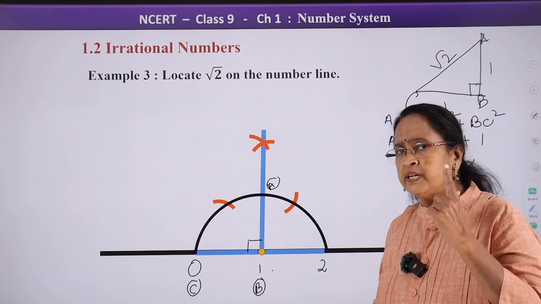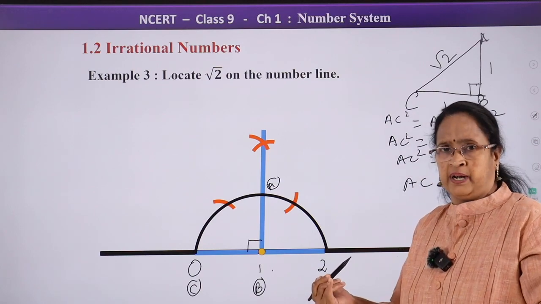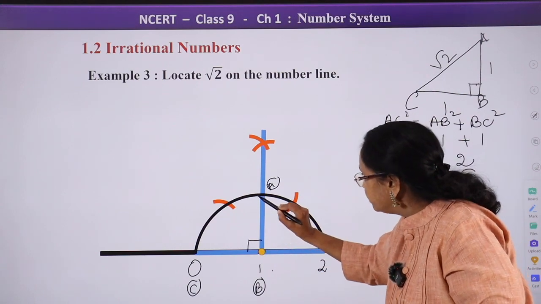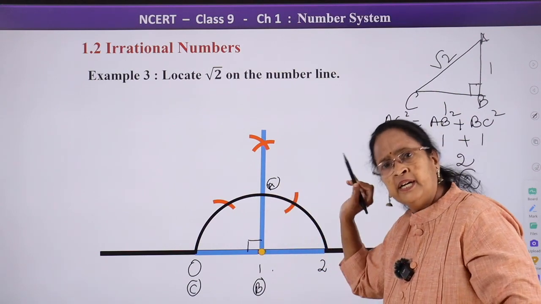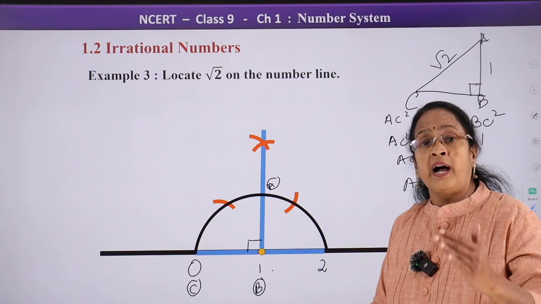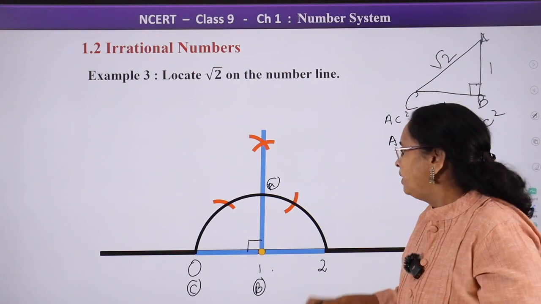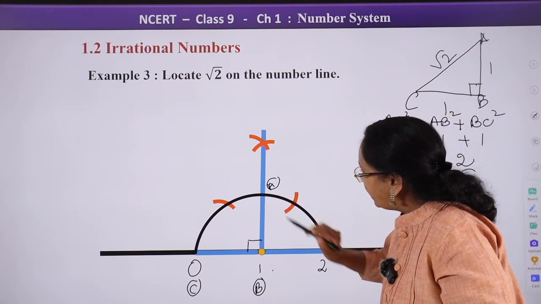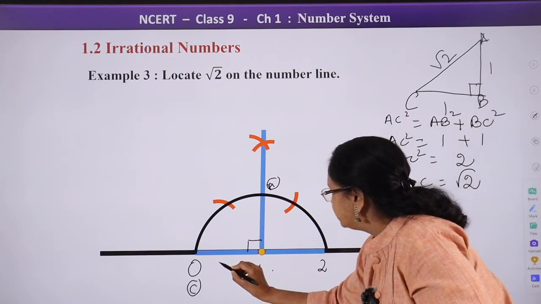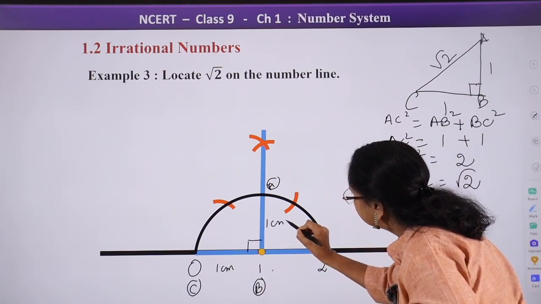I have taken radius 1 centimeter, so I need not cut separately. But if you have taken more than 1 or less than 1, you have to cut in this step: from point 1 as the center, you need to cut a 1 centimeter arc. Now I have taken 1 centimeter, I need not cut again. So I can use this time to finish the next step. I am saving the time now. So done. This point is 1 centimeter. So I have got BC 1 centimeter, and BA 1 centimeter.